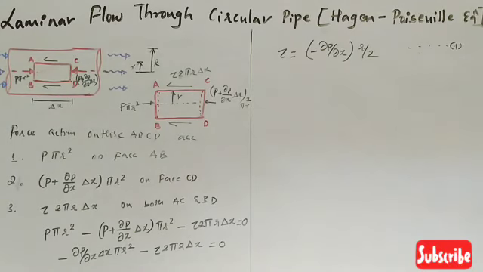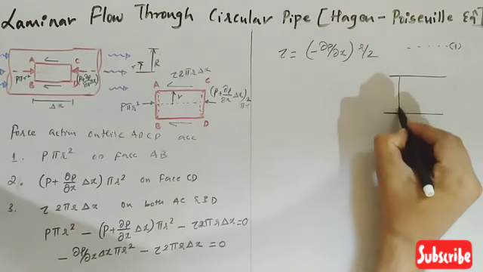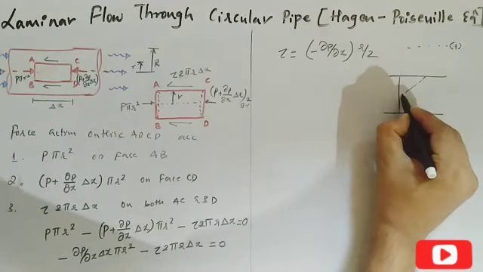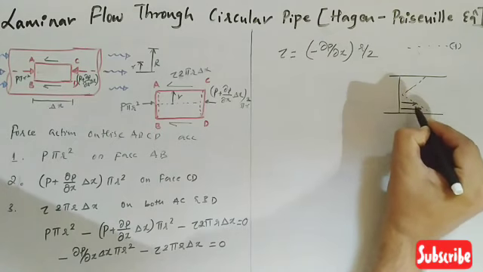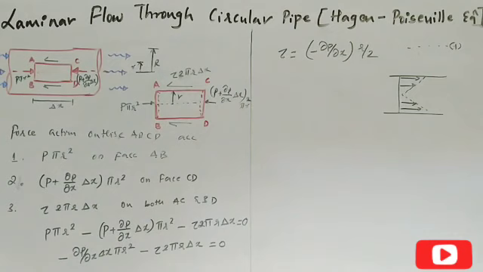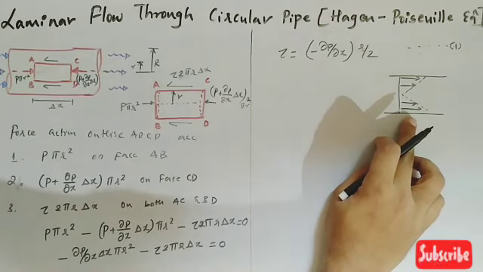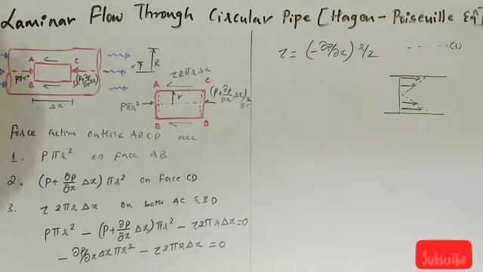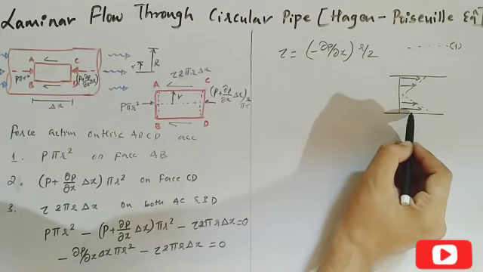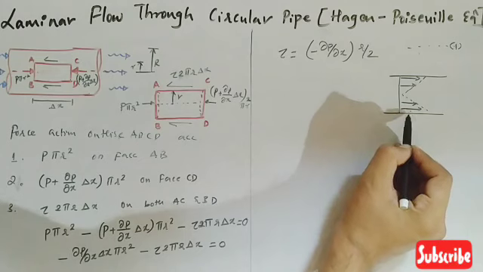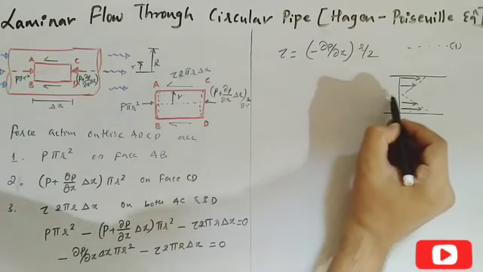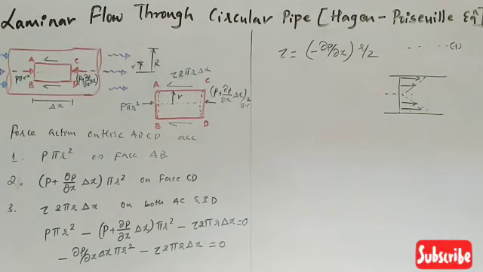So this is the shear stress with respect to this element. Now this shear stress is represented pictorially like this. The shear force on the wall side will be maximum, as the maximum friction is observed between the fluid and the pipe wall. So here it will be more, and at the center line the shear force will be less.